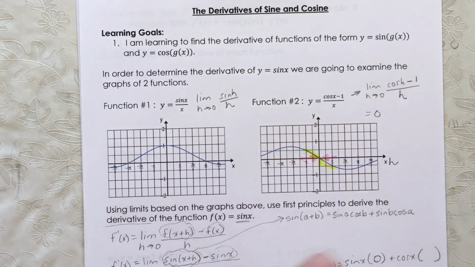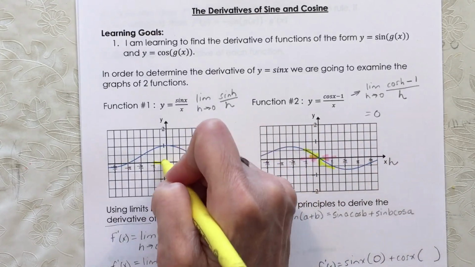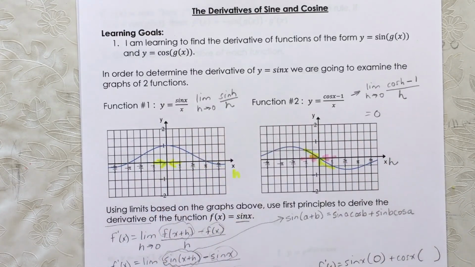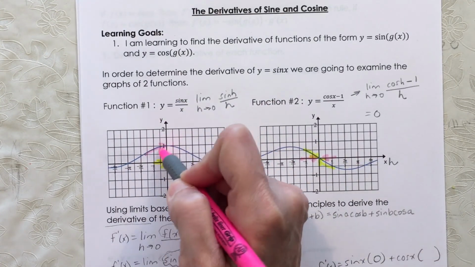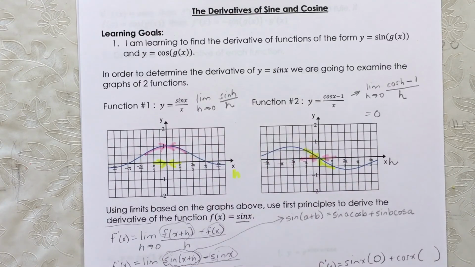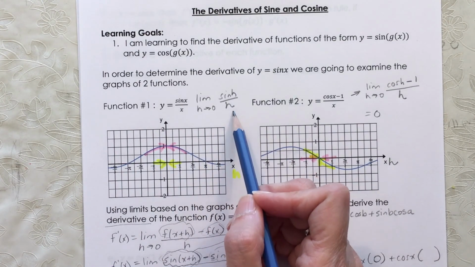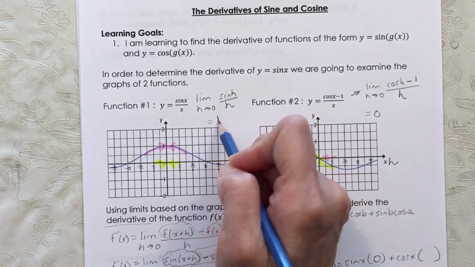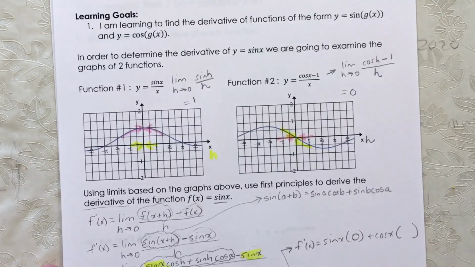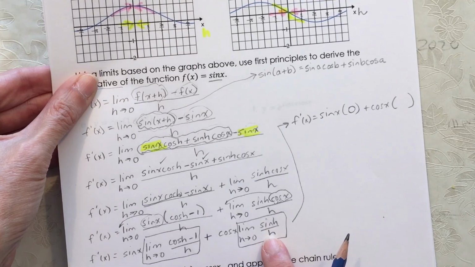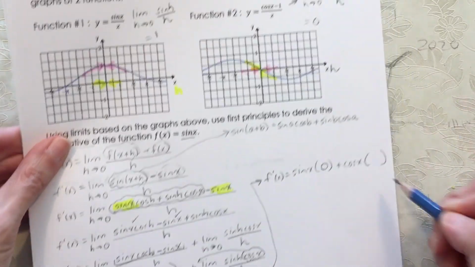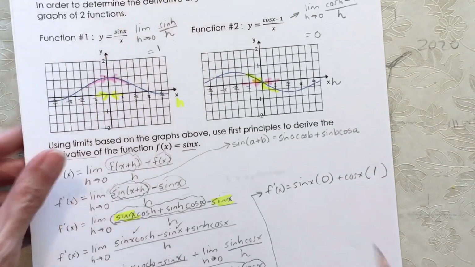So as h approaches 0 from the left and h approaches 0 from the right, in this case, our curve is approaching 1 in each case. So the limit as h approaches 0 of sine of h over h is equal to 1, which means that this limit way down here is equal to 1, and so I can put a 1 over here,